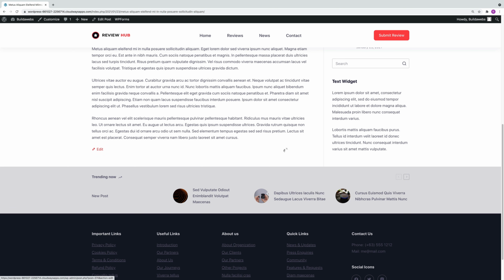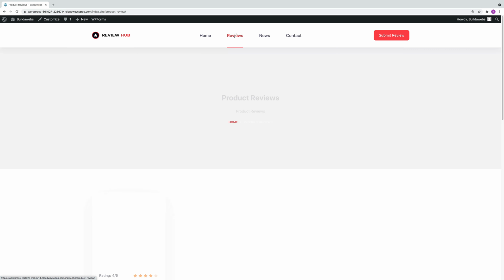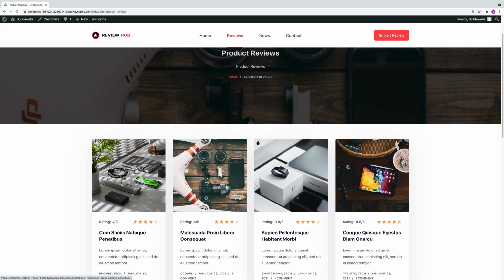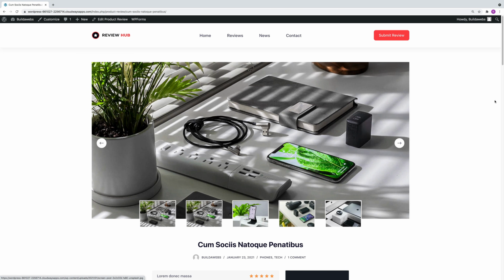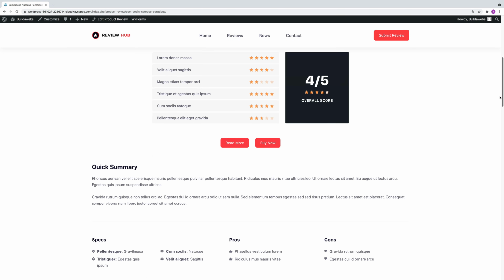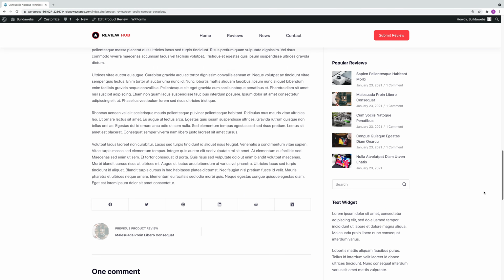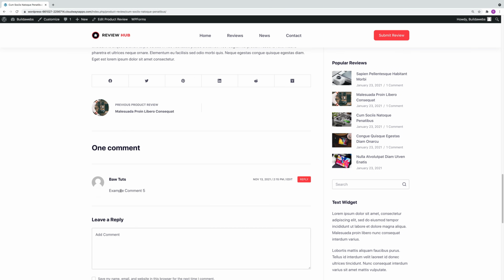Now let's show you how you can disable comments on reviews. So if we go up to the reviews section of the site, scroll down and click on one of the reviews, and then go down to the bottom and we'll see there's this comment here. Again, if you want to disable it, you can go to Edit Products Review